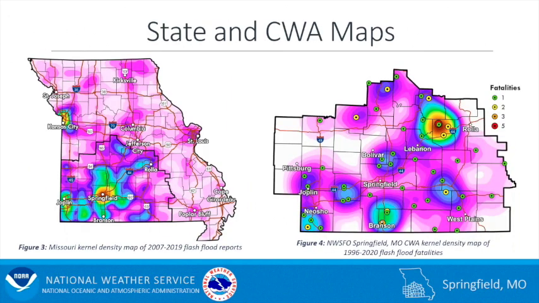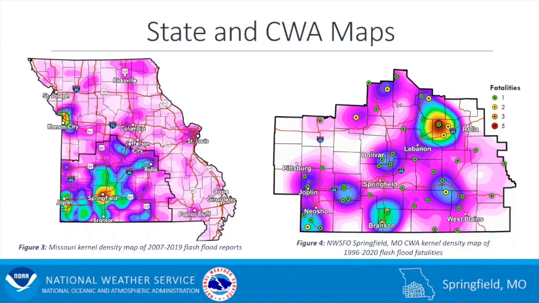So looking at the Missouri kernel density map of the 2007 to 2019 flash flood reports, we can see that the areas highlighted in the CWA, which is the southwestern portion of the state, do include the most flash flood reports in the state of Missouri. There's a maxima located in Kansas City, but overall the southwestern and southern portion of the state includes the most